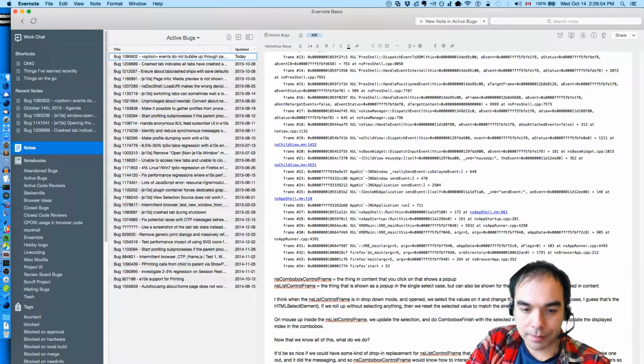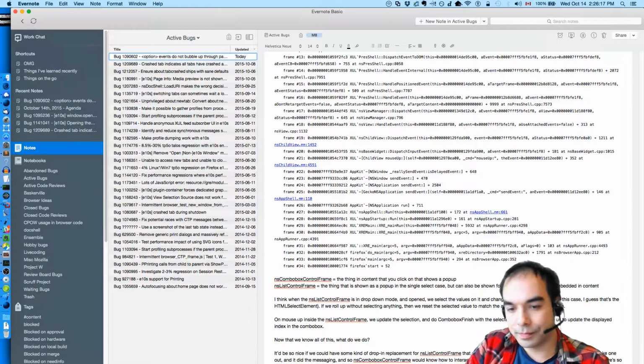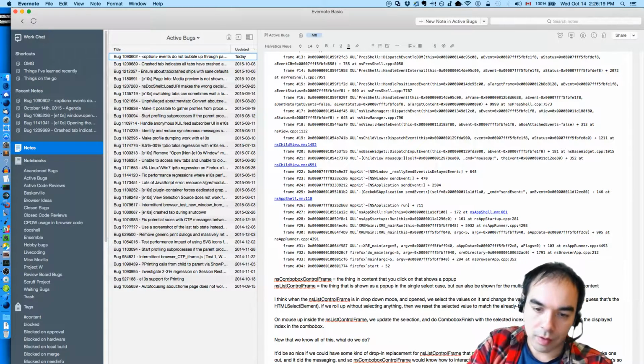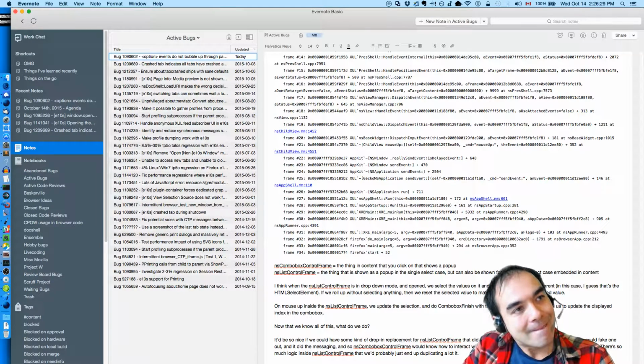What would be great is if NS list control frame could be, I don't know, remotable. Like, it's designed to work across processes. What else am I thinking?